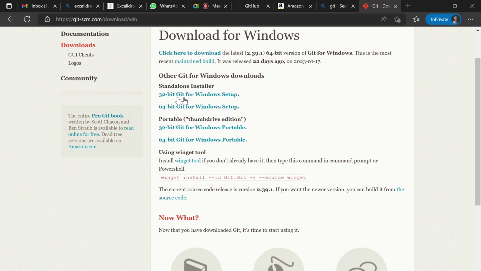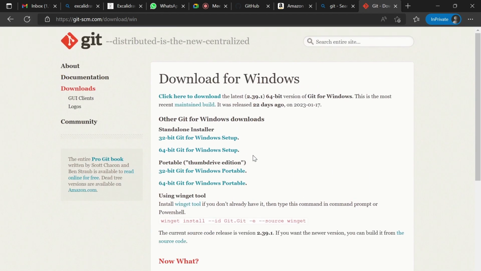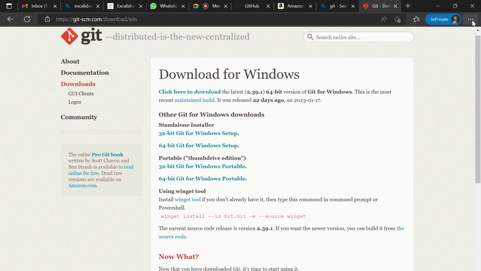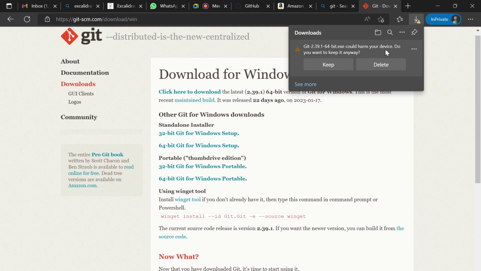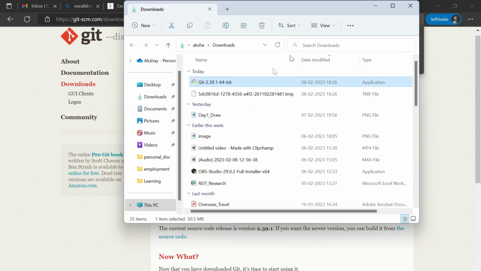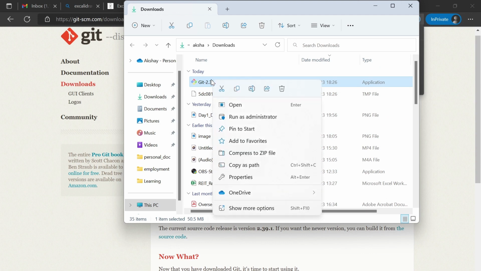It depends on whether your machine is 32-bit or 64-bit. Mine is 64-bit, so I will click on 64-bit, or you can directly click here also, which is going to give you the 64-bit version of Git. Then open in folder and run as administrator.